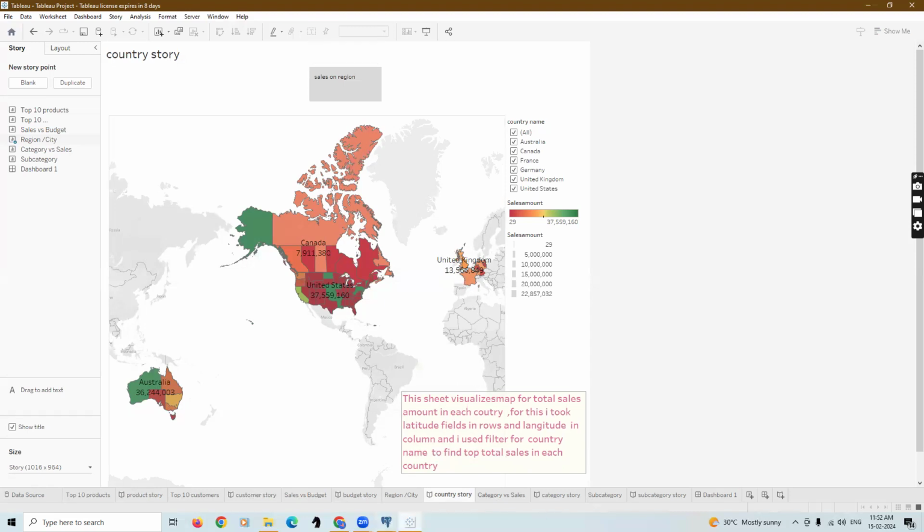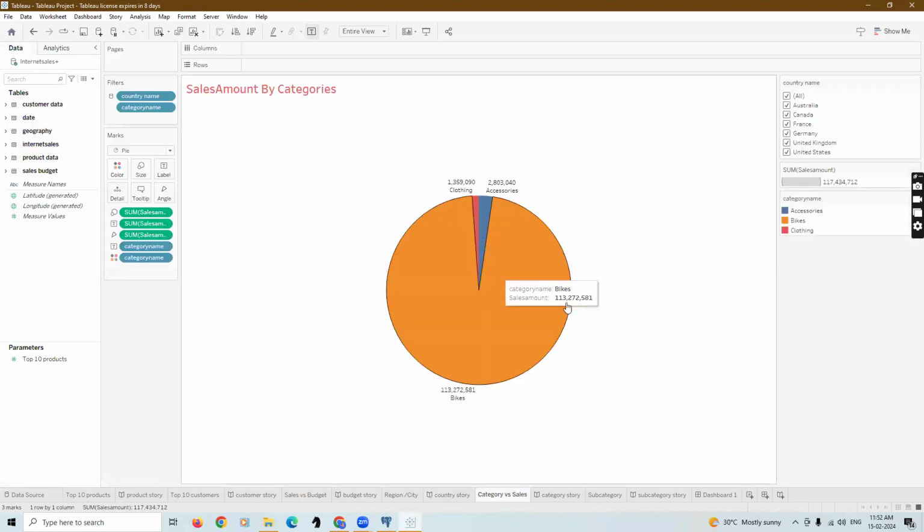After that, I created a pie chart for the category-wise sales. In this, I took country name and category name in filters, so that is visible here, country name and category names, and sum of sales amount in text. So the sum of sales amount is visible. Category names in colors, the different categories in different colors. Category name in text, so the category name is also visible here. This is the pie chart I created, and this is for the three categories in overall, all the